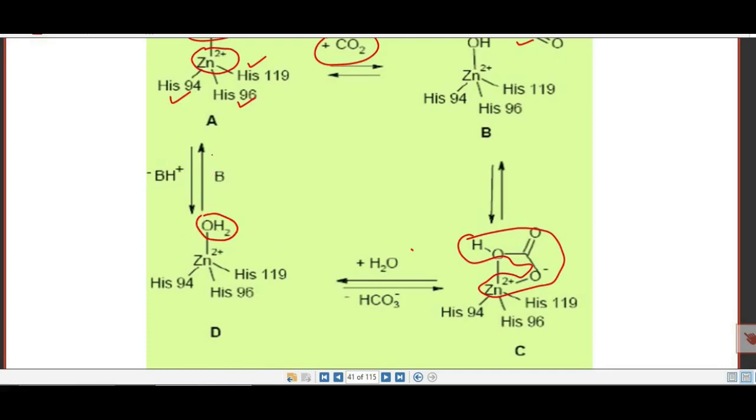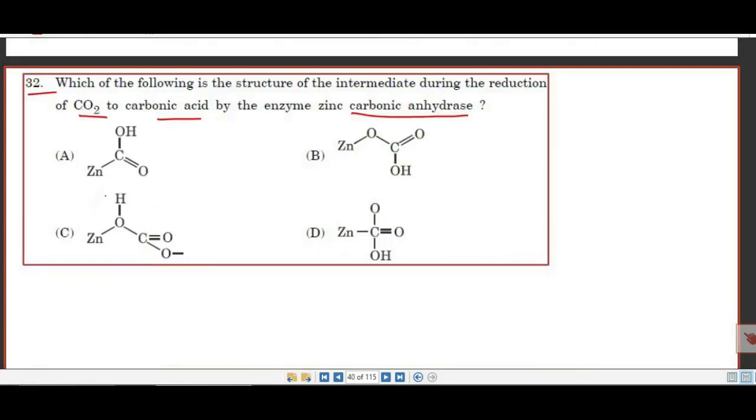On adding base, you will get the compound again. Now this is the intermediate, and this intermediate is what they are asking. Hence here the compound containing HCO3 minus